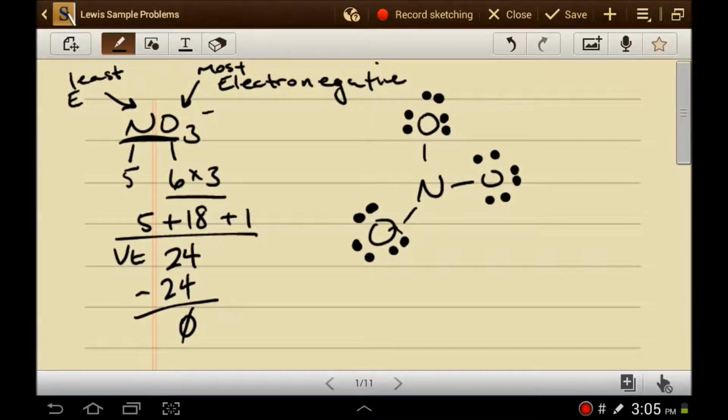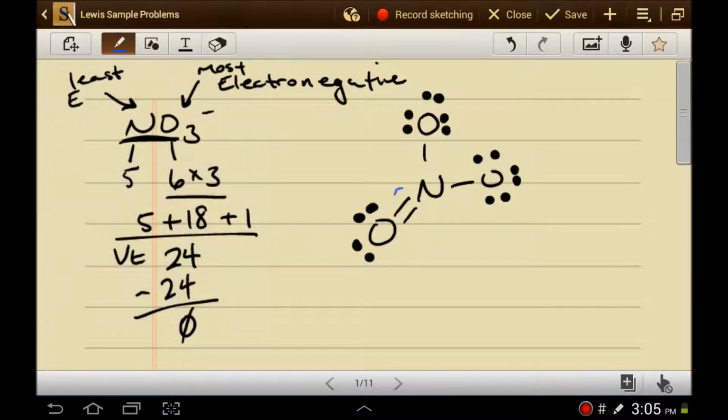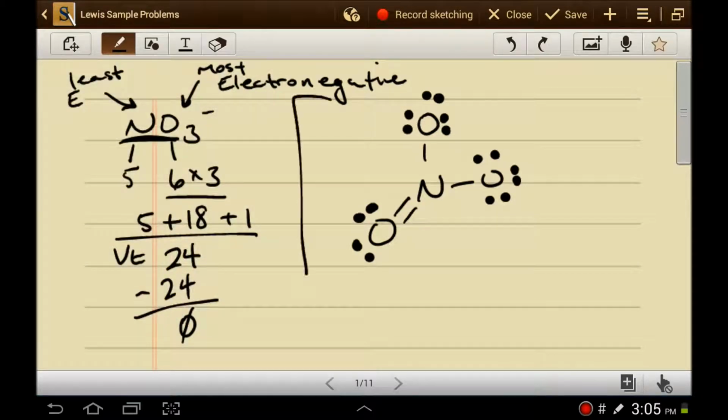So we'll take a pair of electrons and we'll share it with the nitrogen, bringing the nitrogen's total up to 8. Now the nitrogen has 2, 4, 6, 8. And this particular oxygen still has 2, 4, 6, 8. So everybody's got an octet. Everybody's happy. This is a stable molecule. But since it's an ion, we'll put square brackets around the whole thing, and then we'll put the charge in